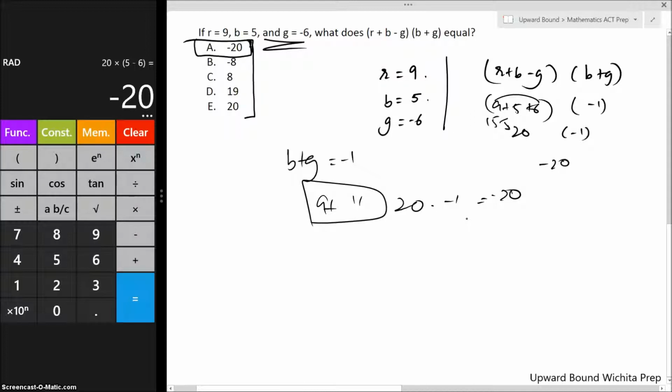So sometimes using a calculator will slow you down and not help you. Alright,